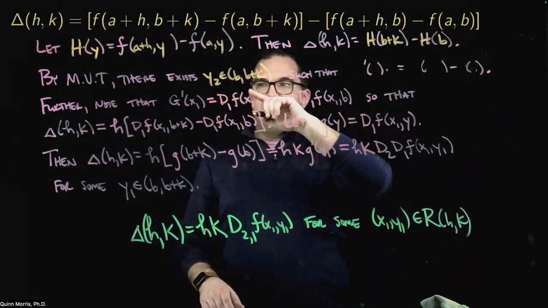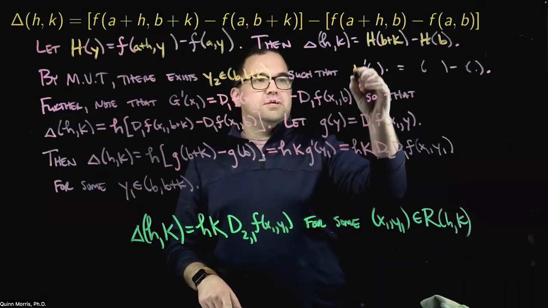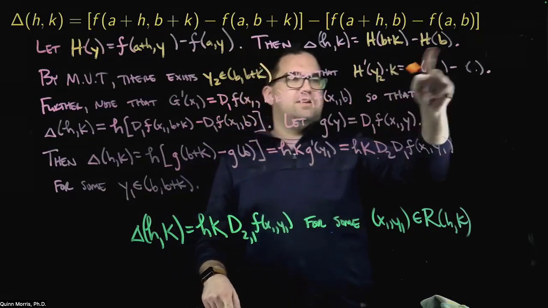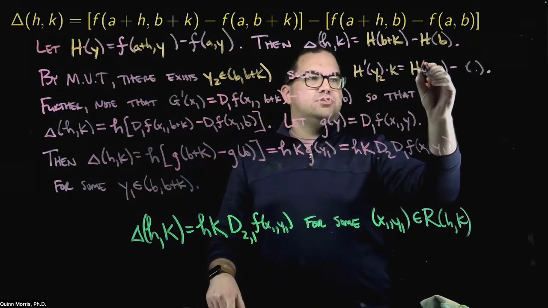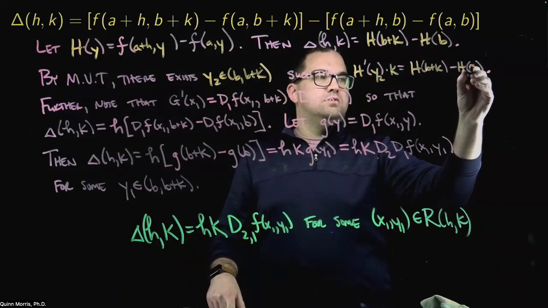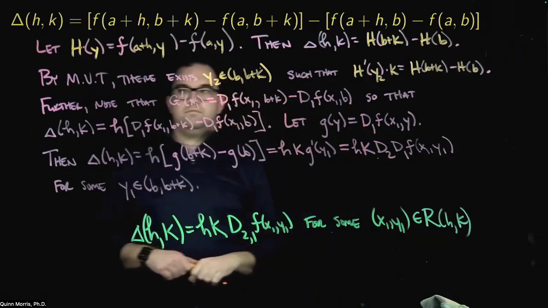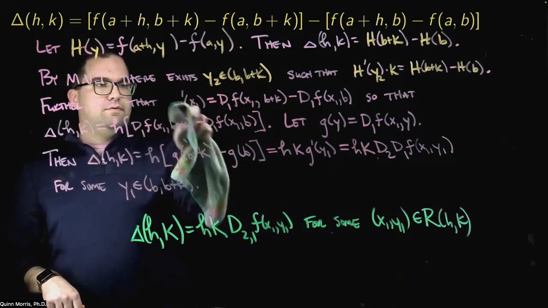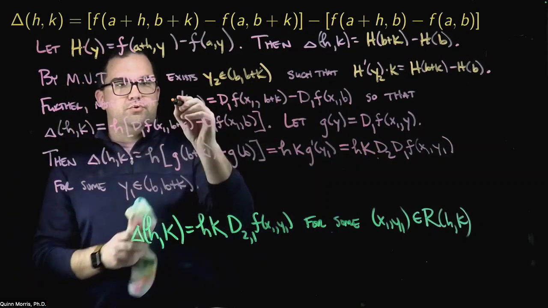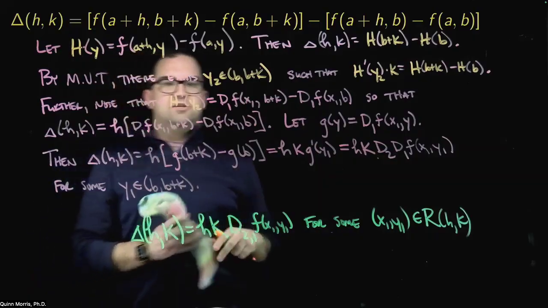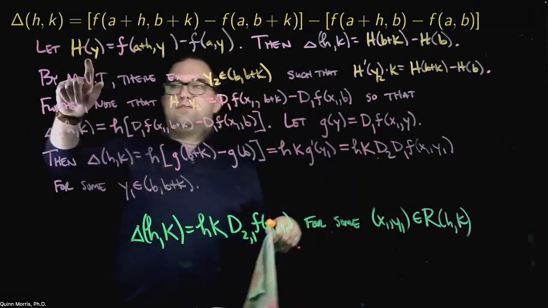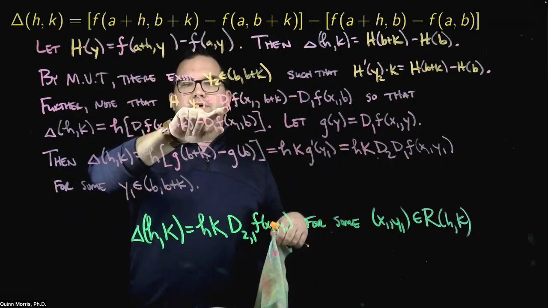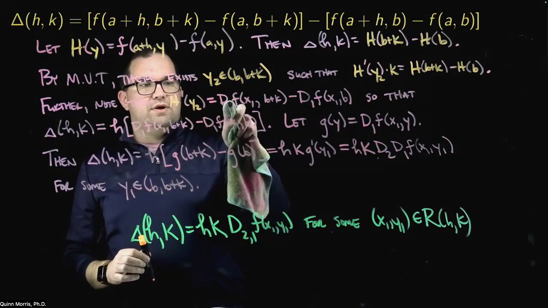So by mean value theorem, there exists a y2 such that h prime of y2 times k, because k is now the difference between these, is equal to h of b plus k minus h of b. All right. Further, we note that, okay, h prime, we'll look at h prime of y2. What's that going to be? H prime of y2. So if I want to take the derivative of this with respect to y, I need to take a derivative with respect to the second variable. So this is going to be a derivative